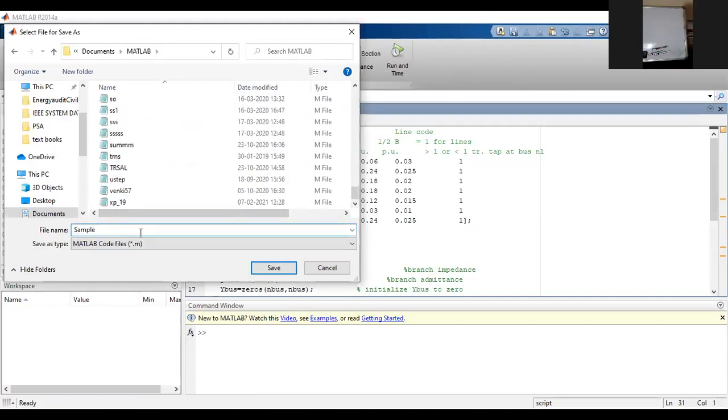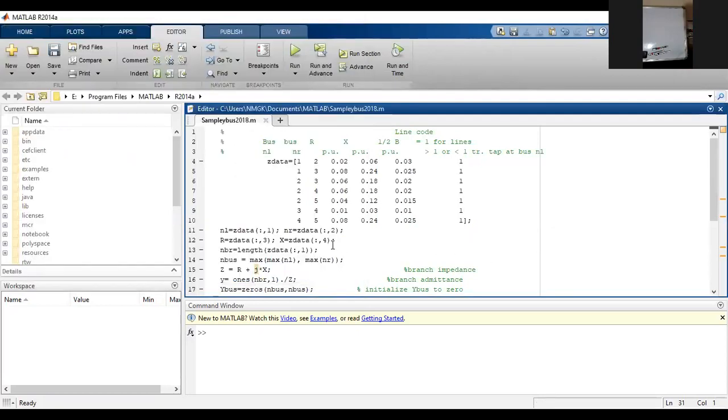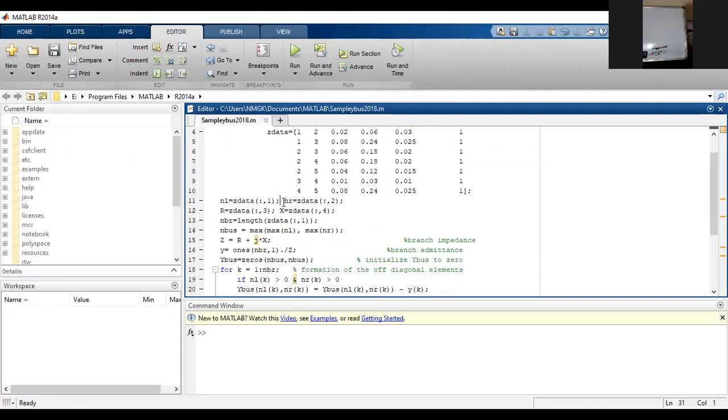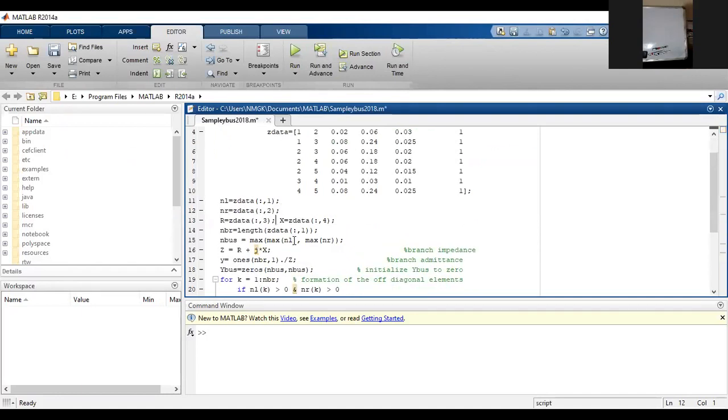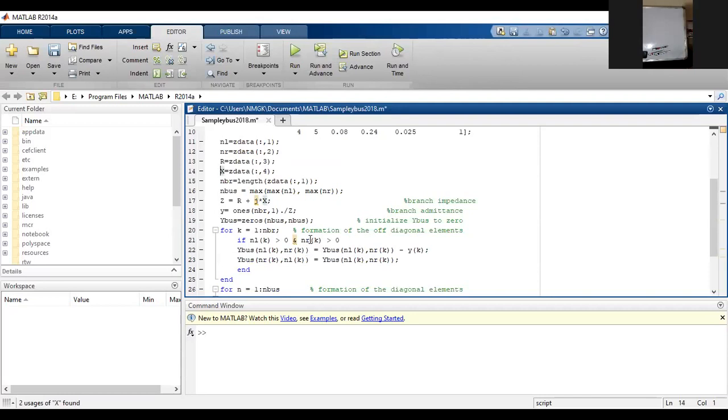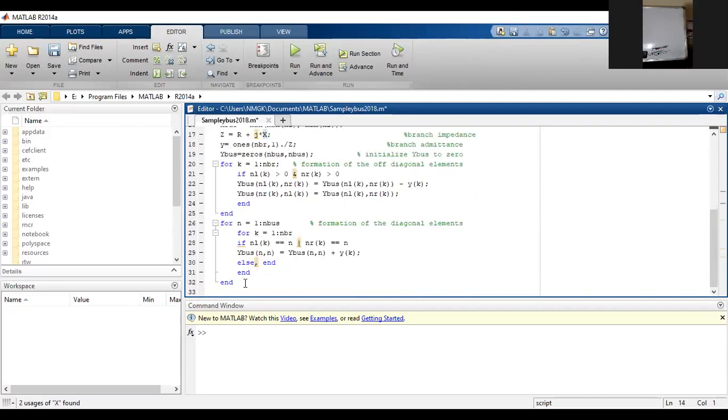I'm keeping the name sample YBus, sample YBus 2018 batch. You see that I'm moving every data in terms of representation, and in the final I'm using a statement called YBus. I'm making it a semicolon.